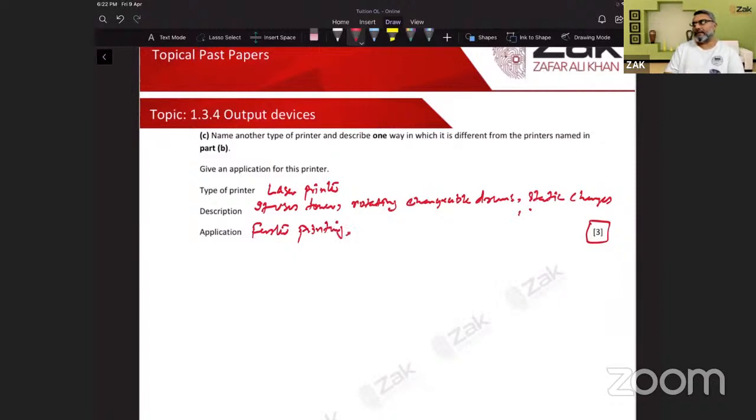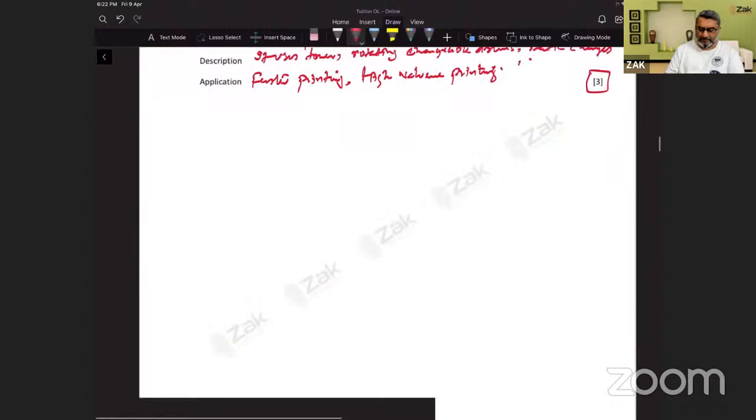It has in high volume printing. और that's it, ज़्यादा नहीं लिखना इसमें।